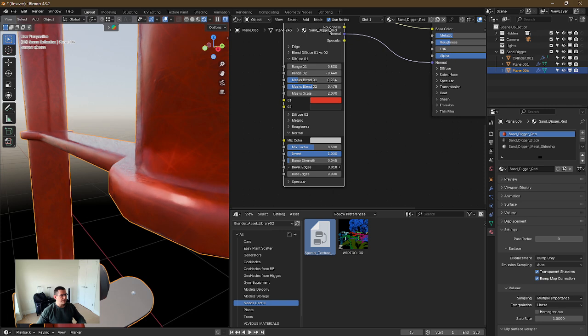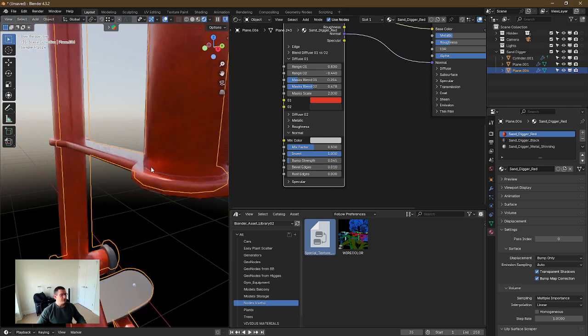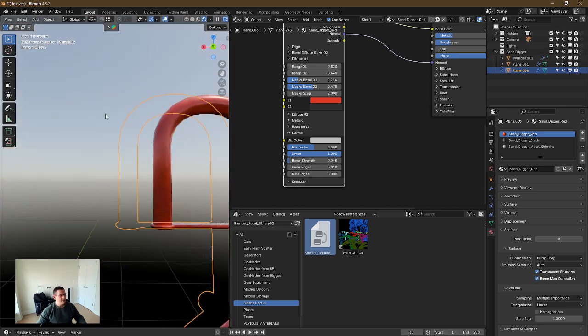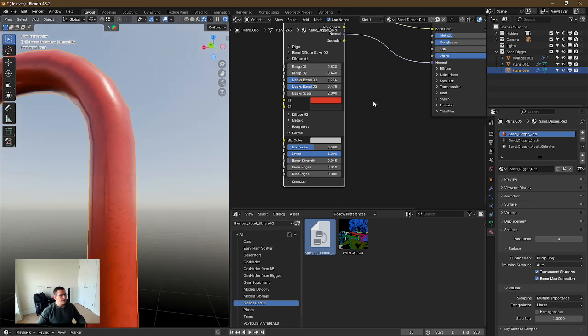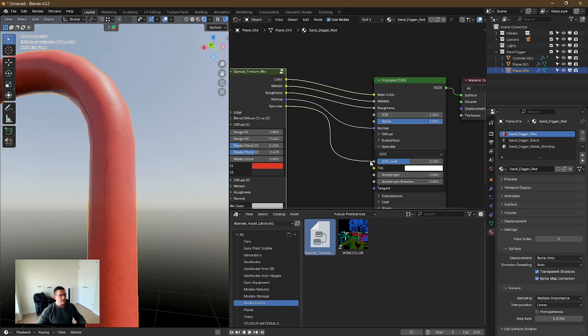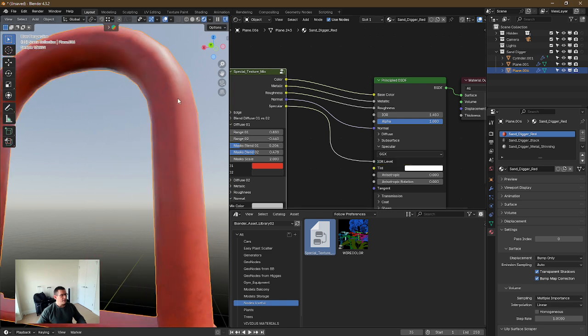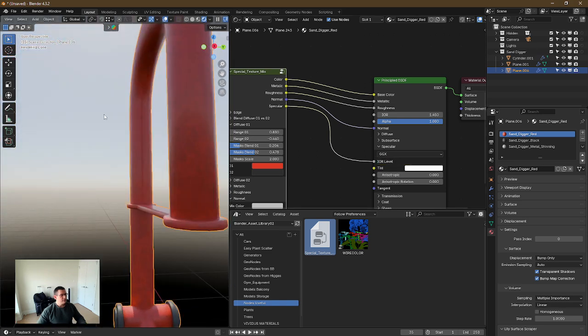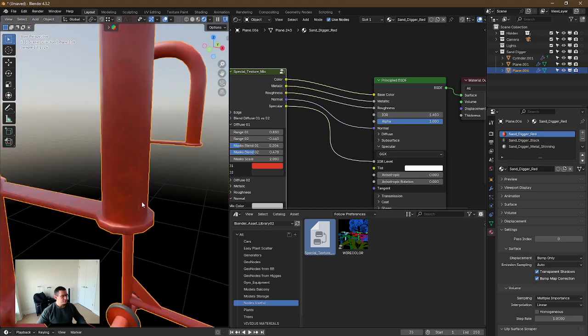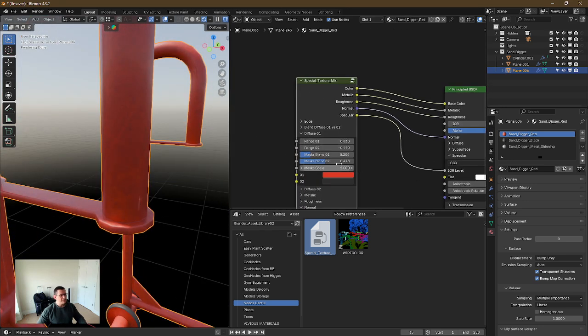So I will kind of make it something like this. So now we have a nicer object, right? Let's put this onto the metallic as well, and put this onto the roughness. So we have something like this, and specular into specular, okay? Now that is our material, but I also want to have some